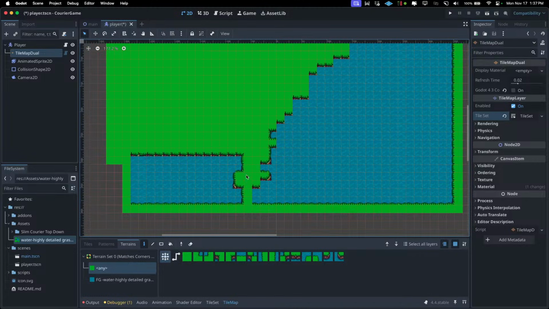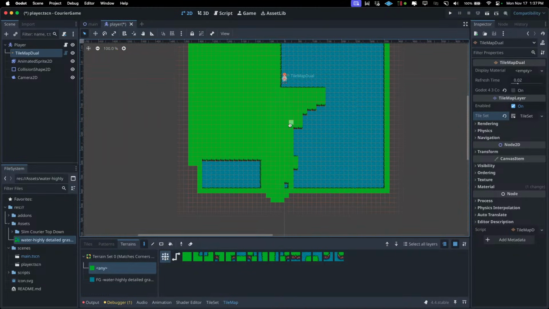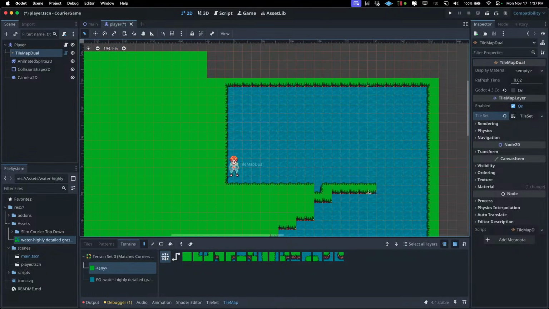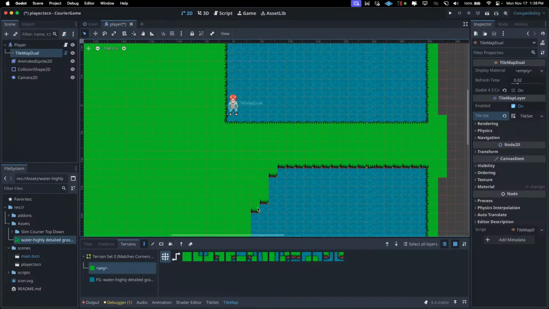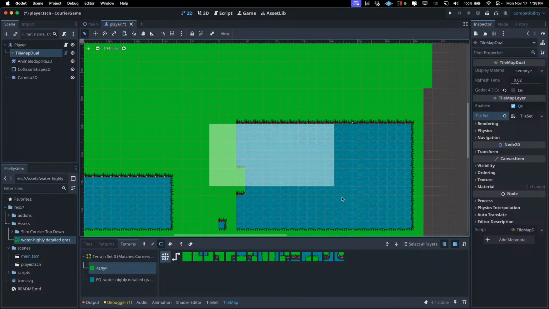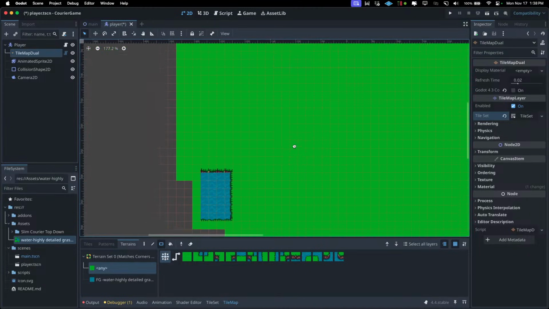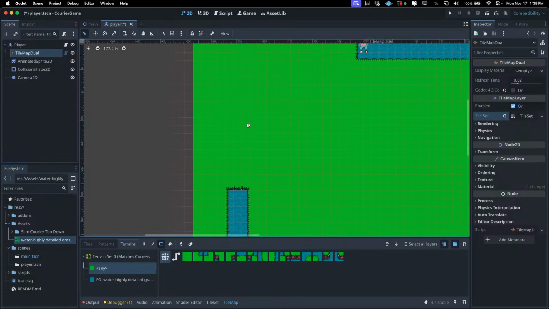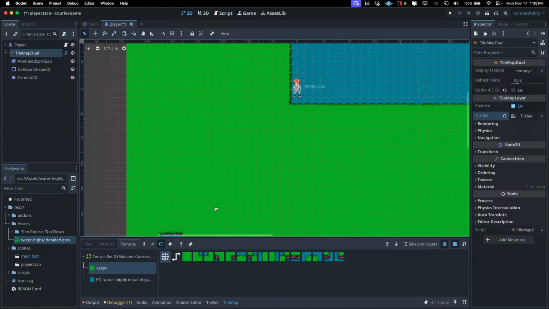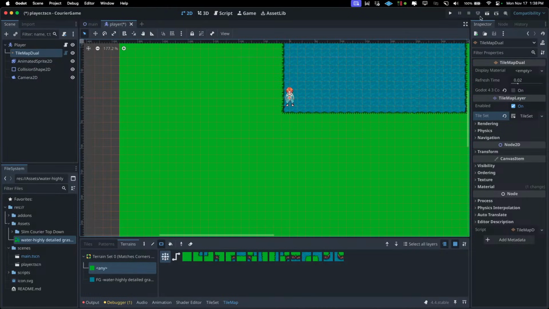I don't know why it's not tiling super well right now, but you get the gist, right? We can make a full map like this. Boom. Boom. And now,